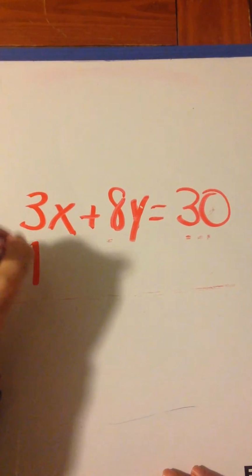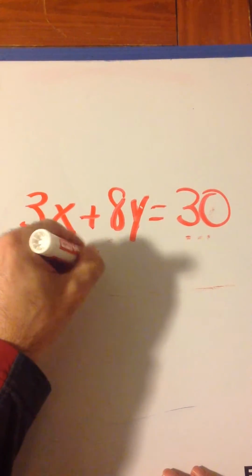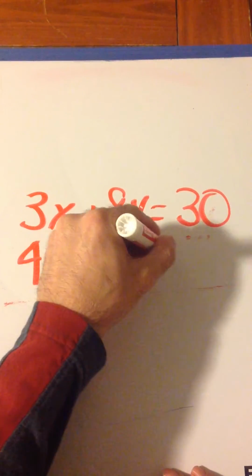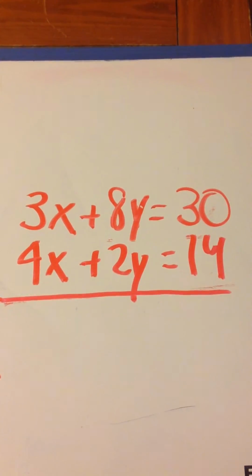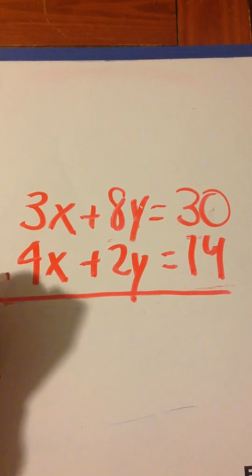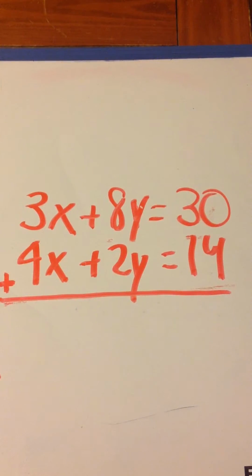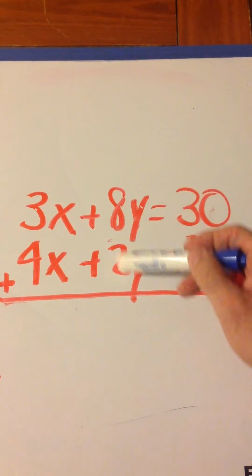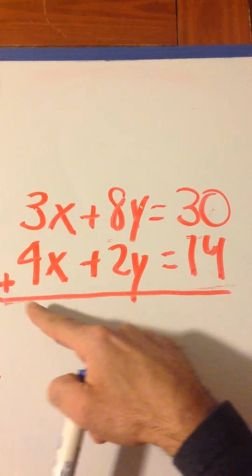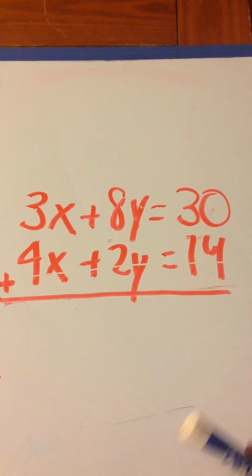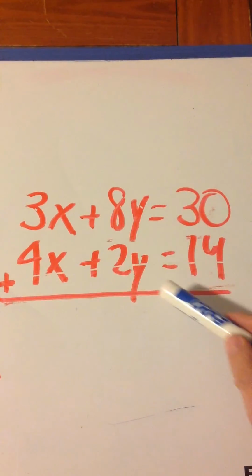So we'll put the 4x here, plus 2y equals 14. Now they're lined up. But we have another problem. We don't have any inverses of each other. Remember, in the system of equations, we're adding. So we have to manipulate somehow to get the same numbers. How can I get either a 3 by multiplying on the bottom, or an 8 by multiplying on the bottom,